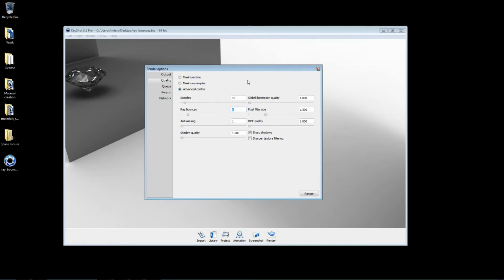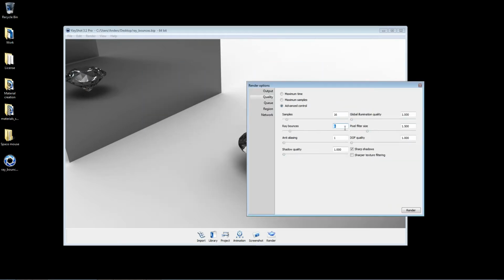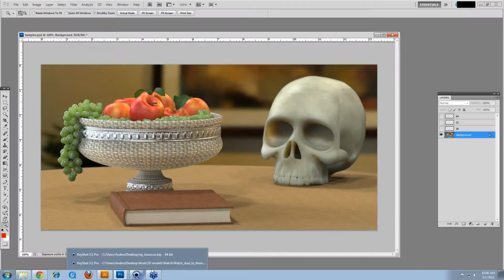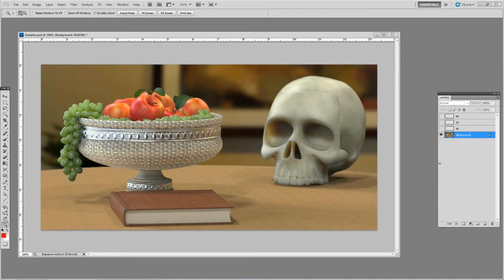Now what samples are basically: for every pixel that's rendered in a scene, rays are shot out from that pixel to collect information about the scene, and its information is returned back to that pixel to determine its final shade. Now let me break that down a little bit more clearly here. So imagine we were rendering this particular scene here. Now if we had our samples set to 16, imagine we have a pixel right here. What that's going to do is send 16 rays out into the scene in random directions,